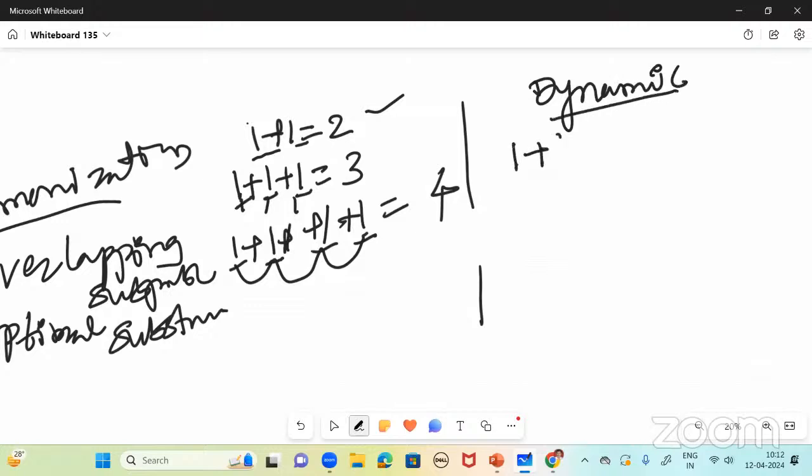See, here if we want to calculate 1 plus 1, we calculate 1 plus 1 and it is 2. In the next step, if we want to calculate 1 plus 1 plus 1, it is not calculating this 1 plus 1 again. So whatever it is in the previous step,